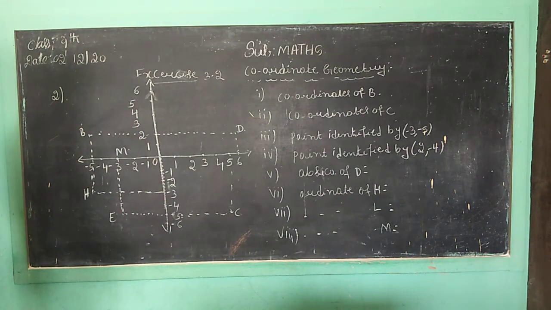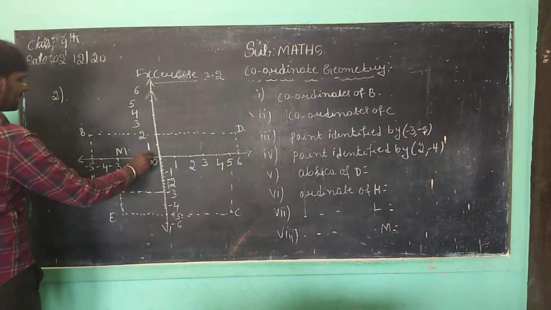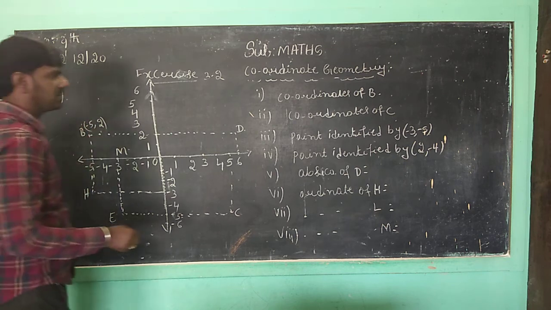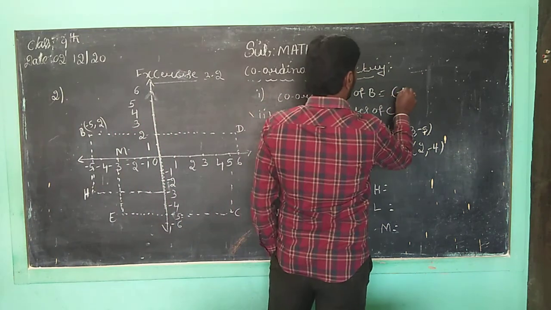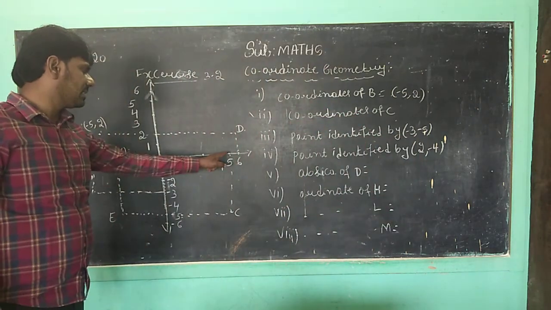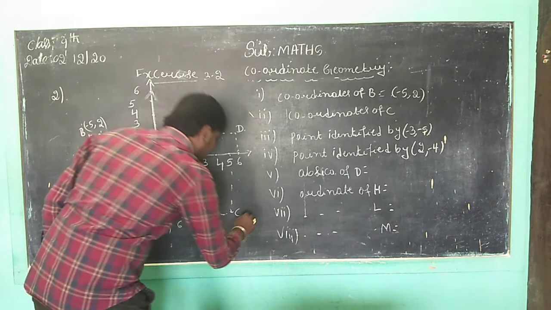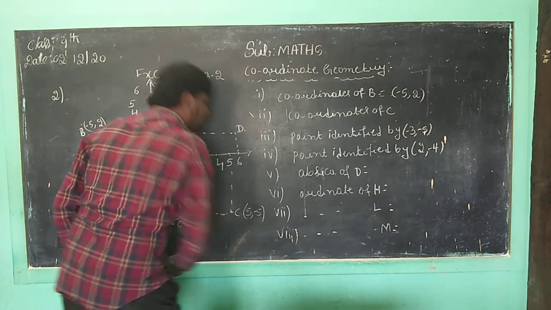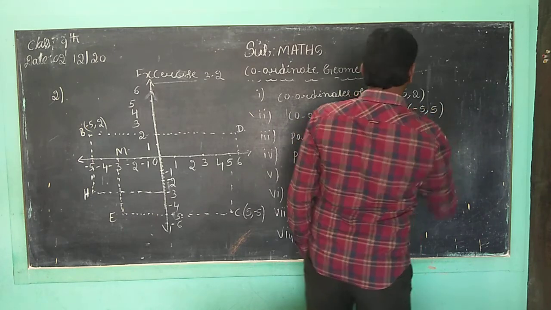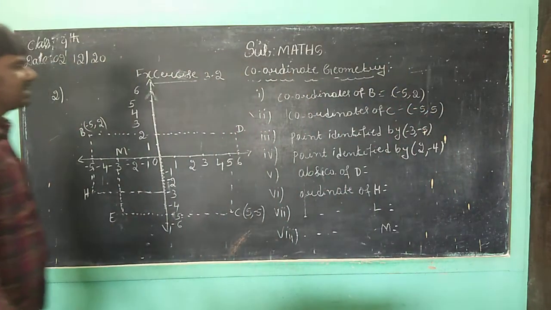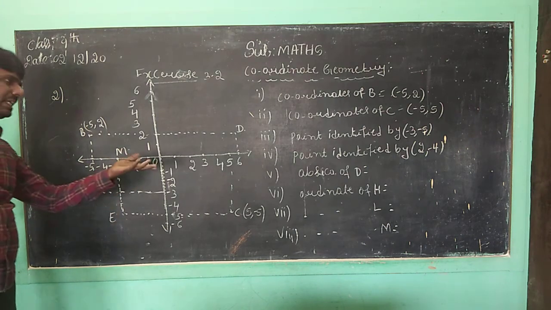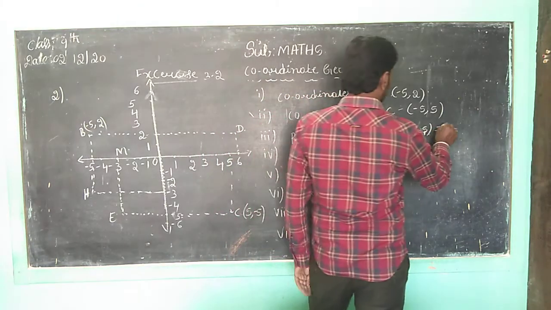B is there here. First you want to represent, this is the x-axis and this is the y-axis. Minus 5 comma 2. So now you want to represent here also: minus 5 comma 2. Children, as well as coordinates of C here. See that the x-coordinate is 5, the y-coordinate is minus 5. Here also 5 comma minus 5. Children, see the point identified: minus 3 comma minus 5 is E, children. This point is E. So you want to write E here.